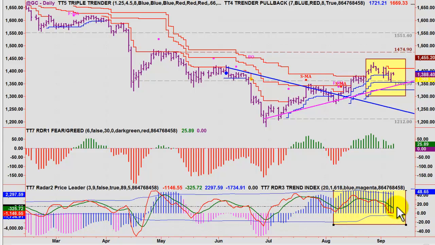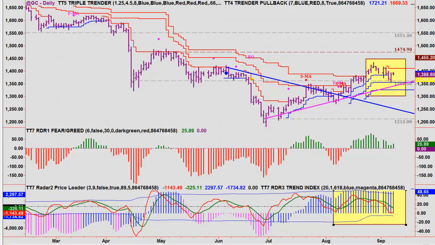and in fact I'm looking for a nice cross of the fast over the slow line here in the radar 2 to confirm the next entry for a move to the upside. This move could keep coming down to this uptrend line right here, even though we have support at 1362, somewhere around here. I would expect to see a bounce off of this uptrend line and a continued move